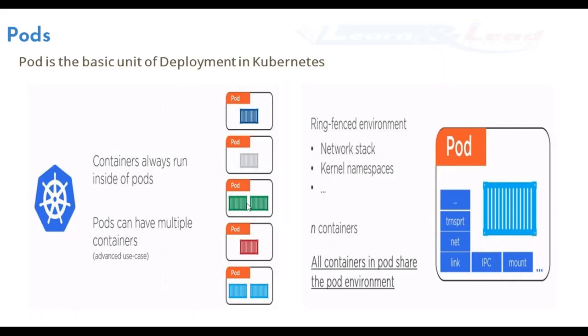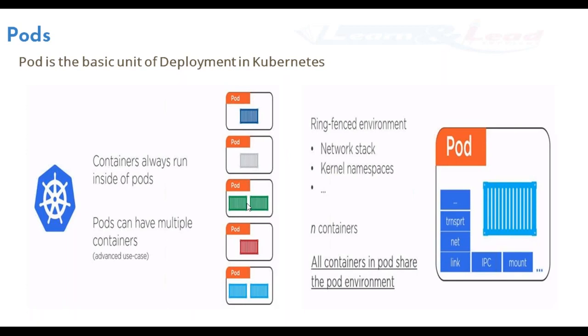We could deploy two containers into a single pod which uses the same network and everything. These are called co-located containers, or a main container as well as a sidecar container. There is a terminology here, so don't worry about this. When we go into the course, we'll learn more about it. But right now, think that a pod runs a container inside it.